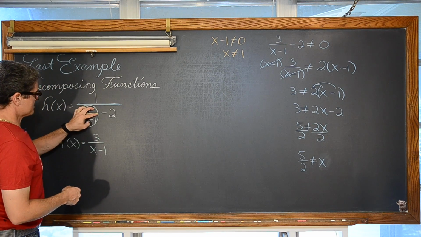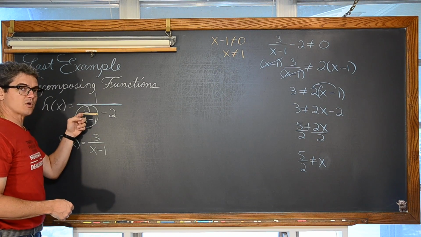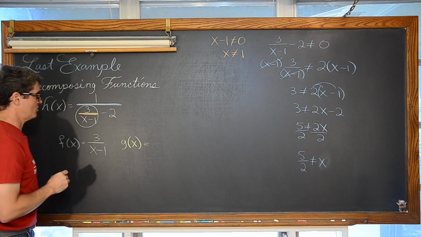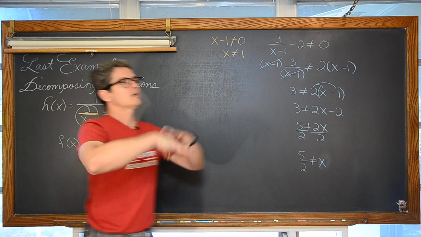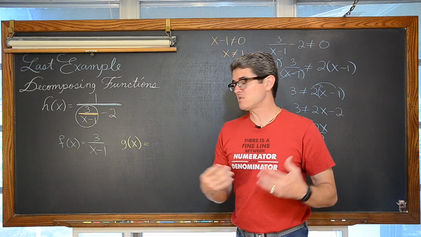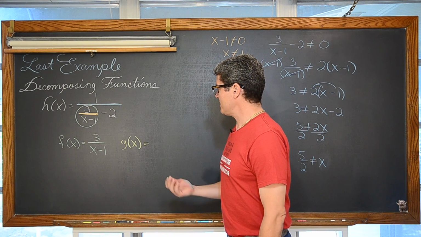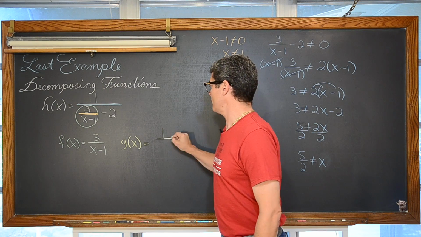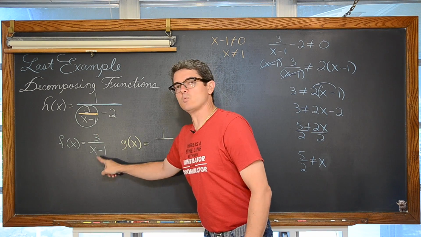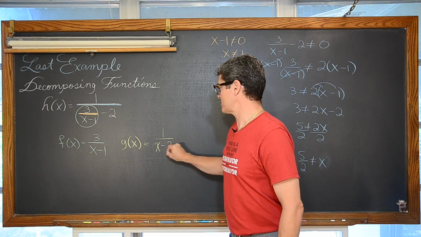So if I take the 3 over x minus 1 out and think, well, there must have been a variable for this expression to go into, then g of x could possibly be equal to, when you do a composition of functions, two people don't necessarily have to have the same two answers, as long as they compose together the same. But we could say that g of x is equal to 1 over, now I see this open space here, again, 3 over x minus 1. How about we let that be the variable of g and say it's x minus 2?